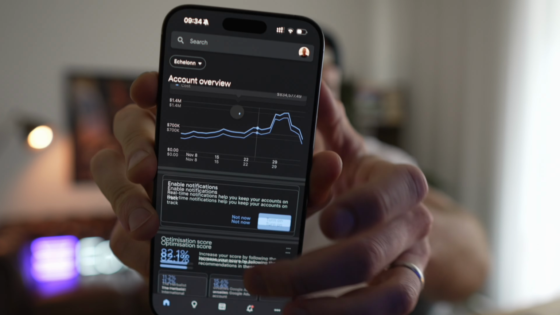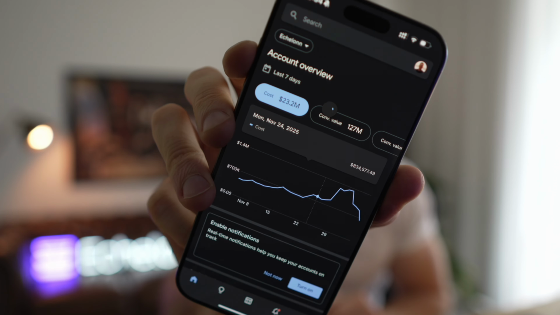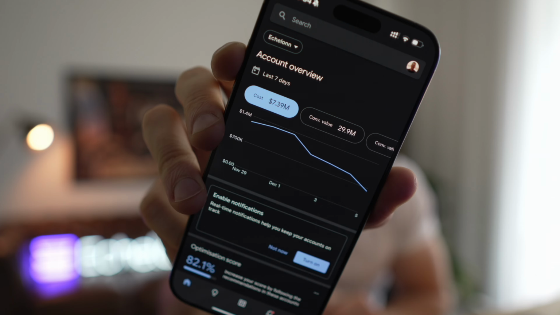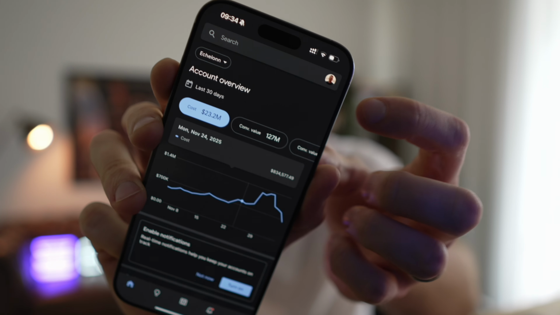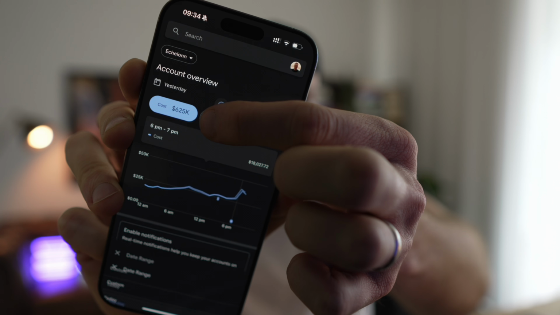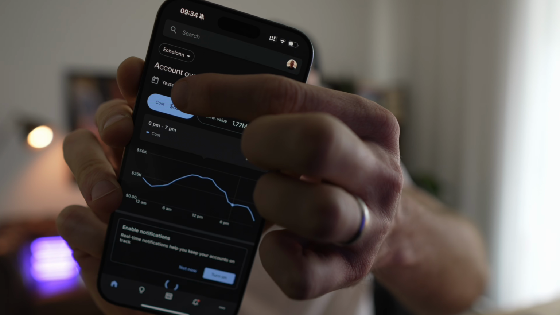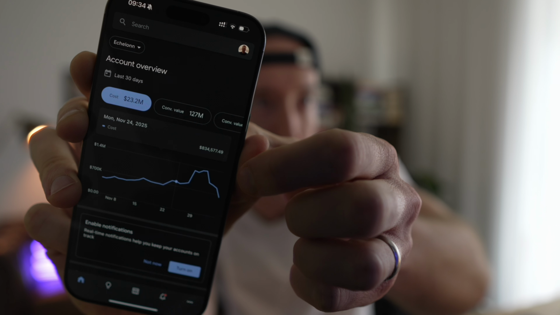See, refresh, 23 mil. We can have a look at the last 7 days for you, so you can do the math and add that up. And then if we go back to the last 30 days, this is just receipts. Yesterday, 625. Last 30 days, 23 mil.